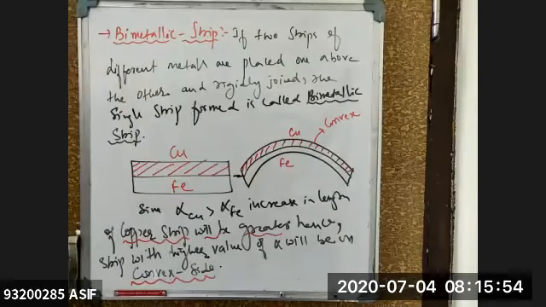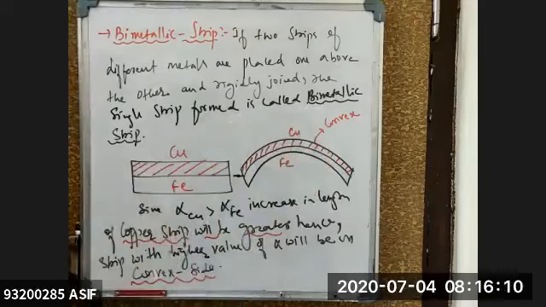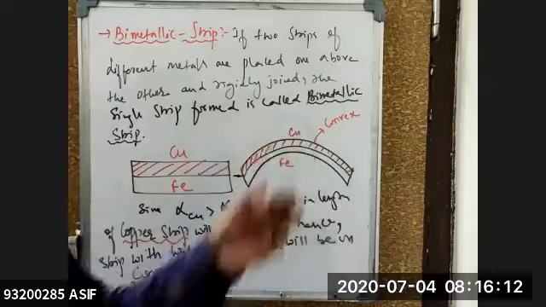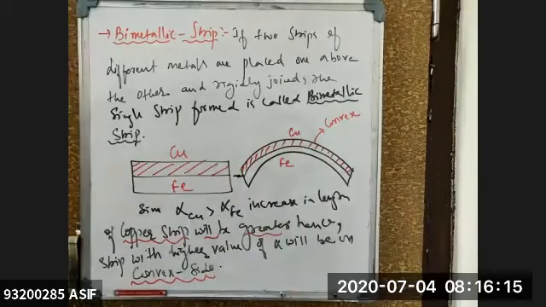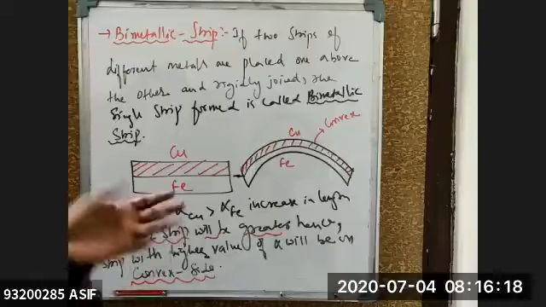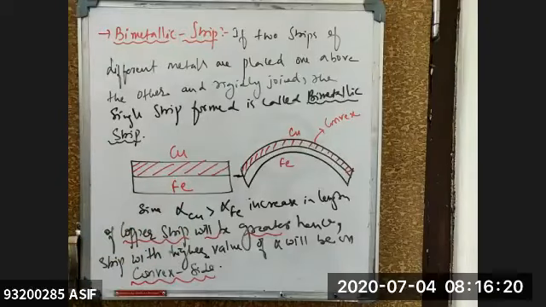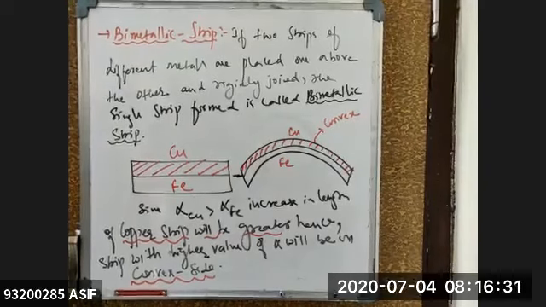So that is the way the technology is used with the help of the bimetallic strip. But right now in our intermediate, for the 2 mark question, how do you define a bimetallic strip? If two strips of different metals are used one above the other and rigidly joined, the single strip formed is called a bimetallic strip. Engineering students will do these experiments in their engineering courses when you join IITs or NITs. But right now in the board examination, just remember that on heating the bimetallic strip, the one having more alpha will be on the convex side and the one having lower alpha will be on the concave side. Clear for everyone?